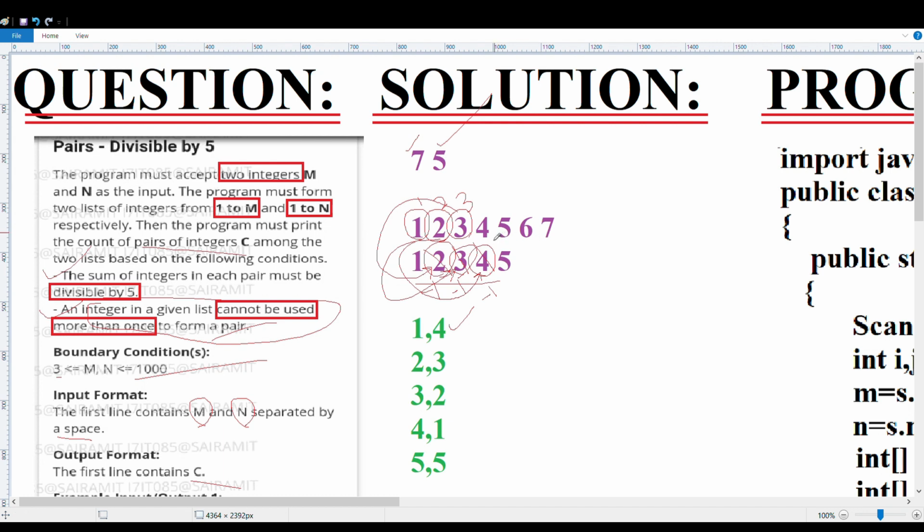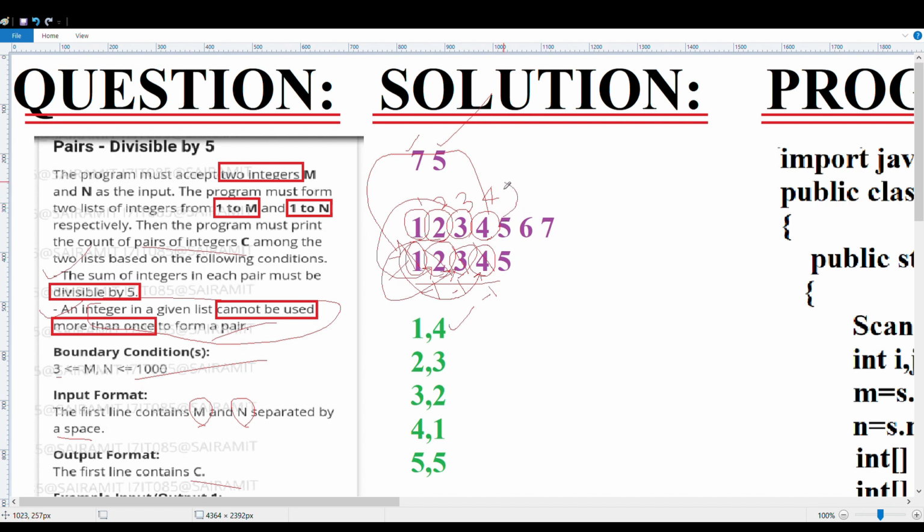Moving on, 4. 4 and 1 will give you 5, right? So you take the 1 and replace it with -1. So this is also done, and here you will get your fourth combination.